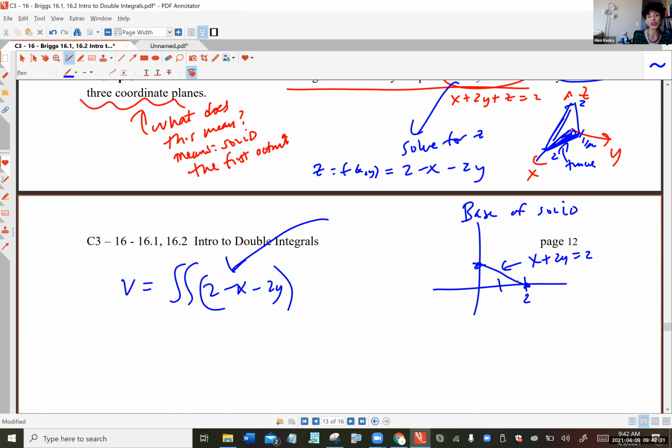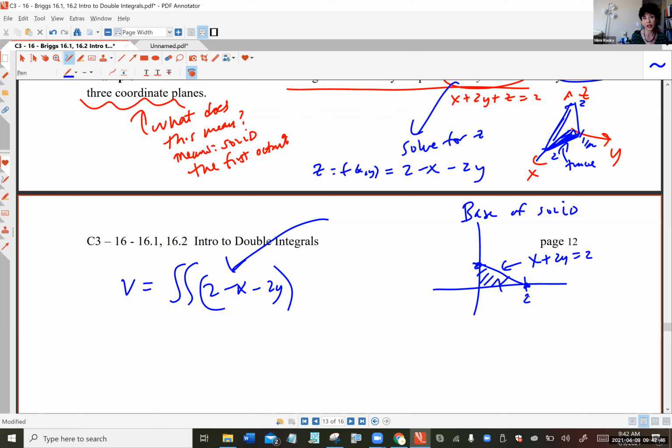Now, folks, your capping surface won't always cut through your xy plane, so you may not get this lucky. But here it does, and it helps us see what the base of the solid is. So now what? Looking at the base of this solid, you can use either dy dx or dx dy, whichever